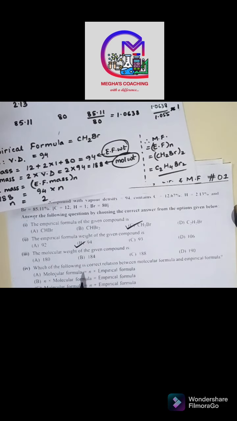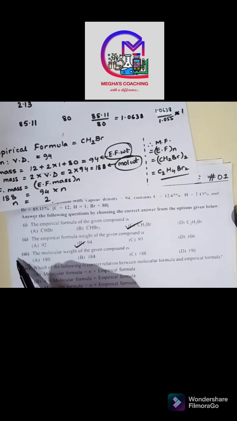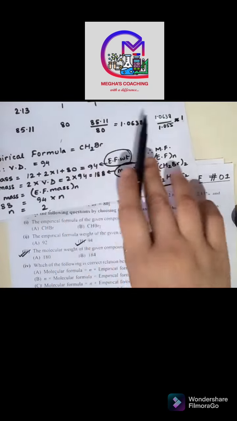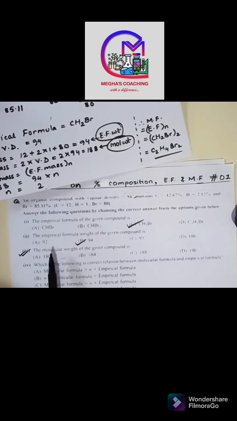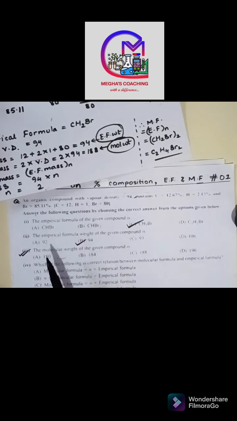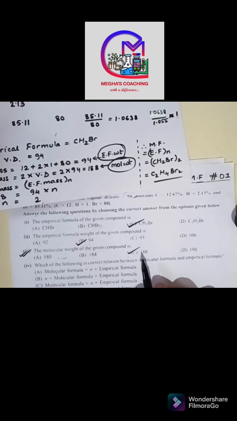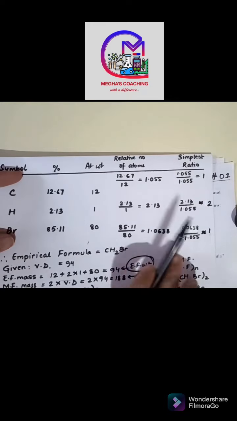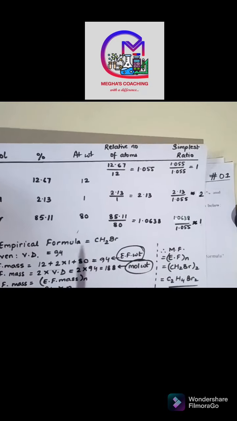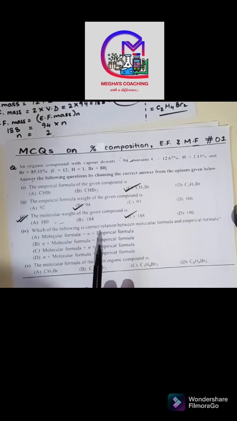Even if you don't do any other question, if you don't have time, please don't skip this question. See, this has nothing to do with this table. Vapor density is given in the question, 94. You have to find molecular weight, so go for this option. Just do 2 into 94 and you will get the correct answer. This is mental maths. So at least 1 or 2 marks you can score from these type of questions, even if you don't have time for these calculations. Okay, so do attempt such questions. Don't leave them out, children. Each mark is important when it comes to your aggregate percentage.